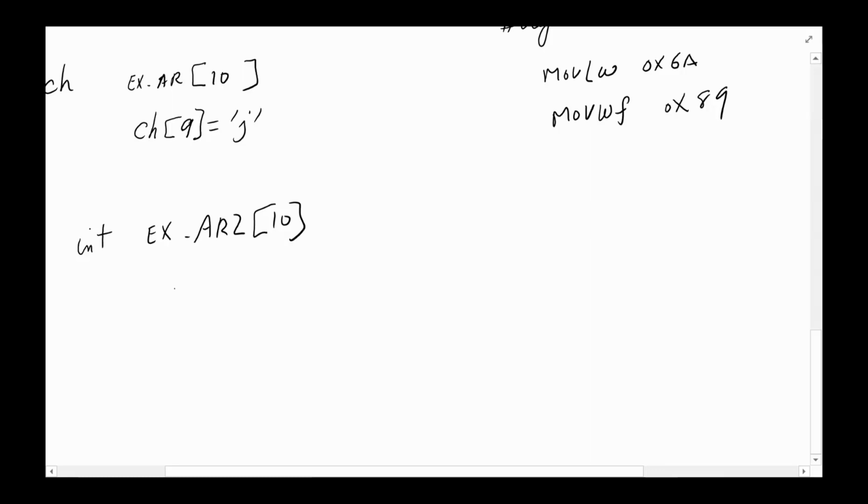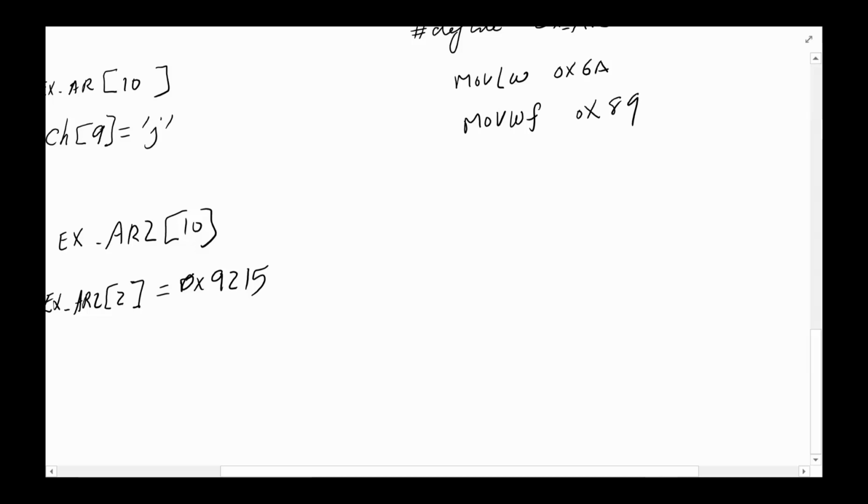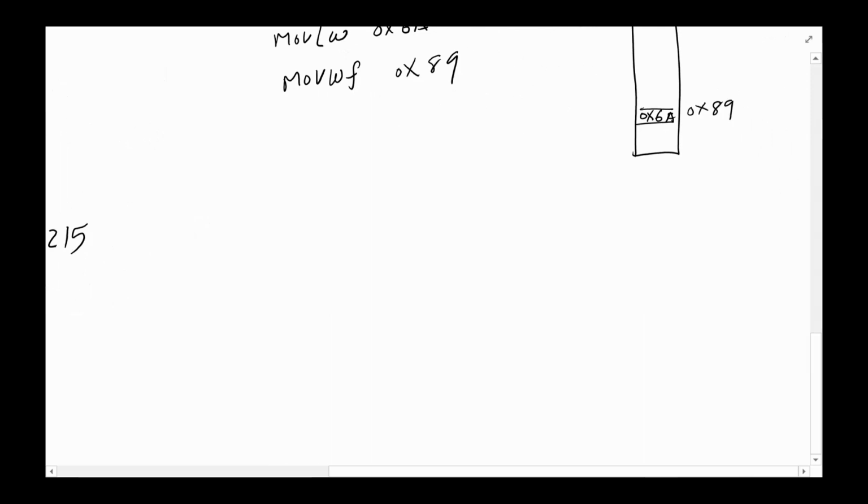So let's say somebody says, go ahead and put in a location. For example, in EXAR2, let's say in location 2 you want to put 0x9215. Now since this is an integer, each one is going to have 2 bytes. So when I go over here, I have to do 2 move LW and AF. And what's going to happen in the memory, if I start my array, let's say at 0x80 again,